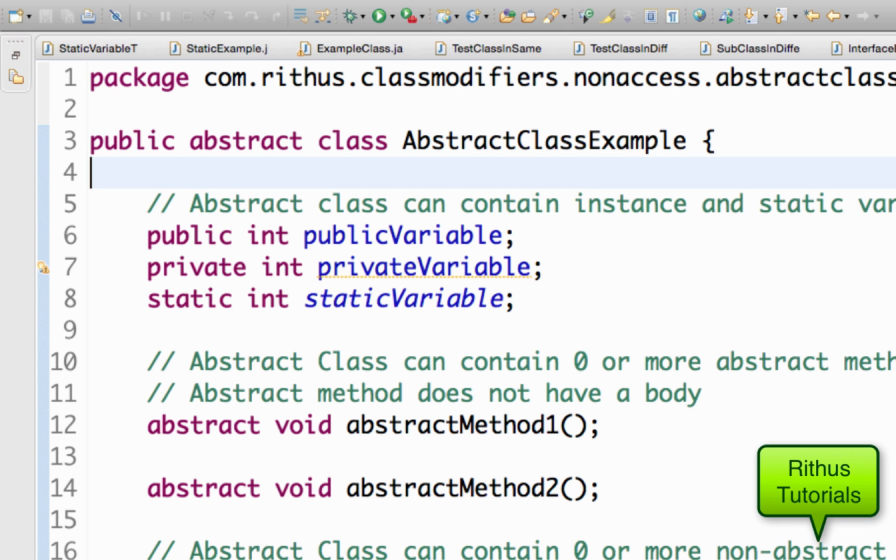A lot of times you have a lot of common functionality between classes, between objects of the same type. Then you would create an abstract class and put all the common functionality in there. But this common functionality might not be complete. You might really need to create a subclass to complete it. In those kinds of scenarios, you will make the superclass abstract. That's the scenario in which you would use an